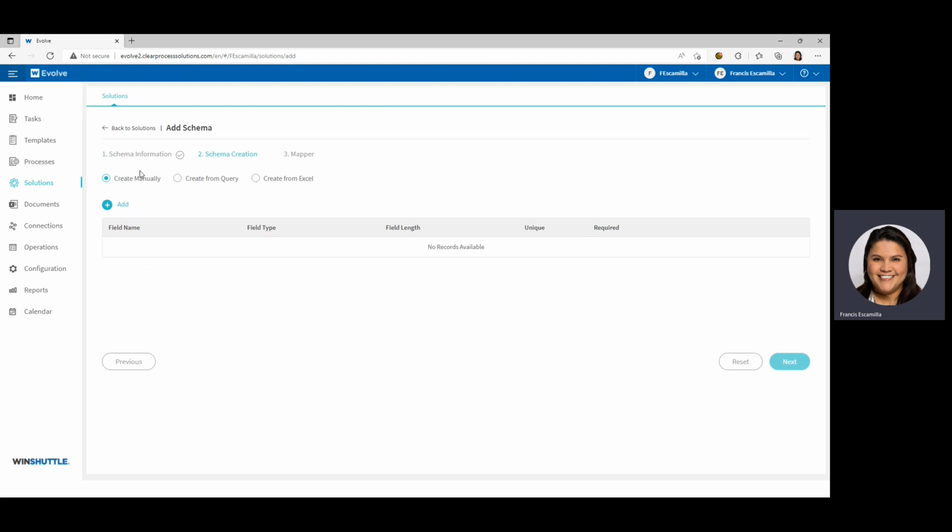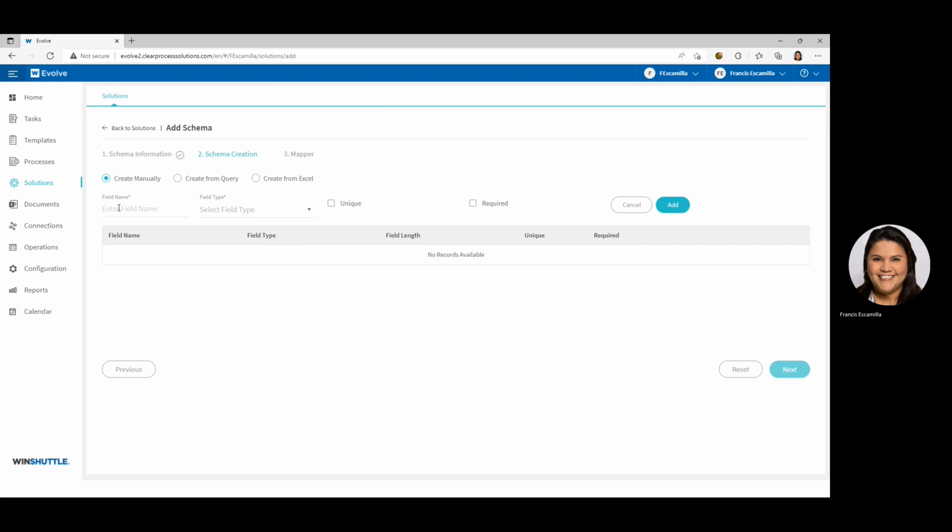In the Add Schema page, you will see the three options on how you can create a reference data list. The first one, which is already checked, is create manually, create from query, and create from Excel. We're going to stay with create manually. Here, we're going to start adding the columns to the schema one by one, entering the field name, selecting the field type, and then checking unique or required where it applies. Then I select add, enter the name,